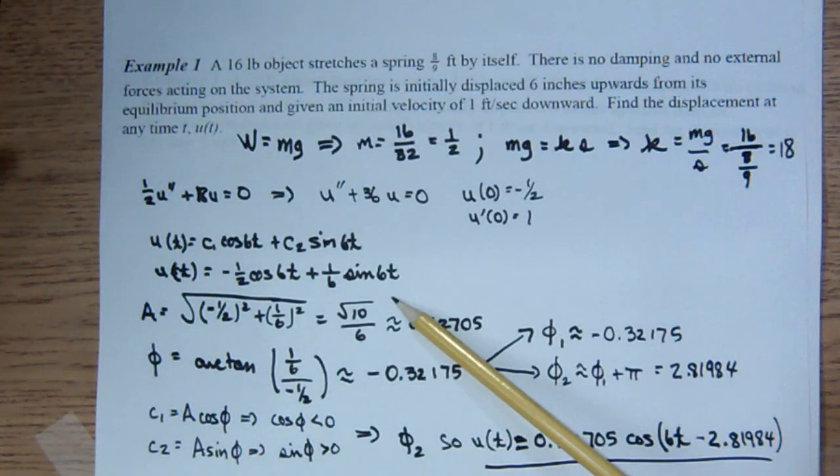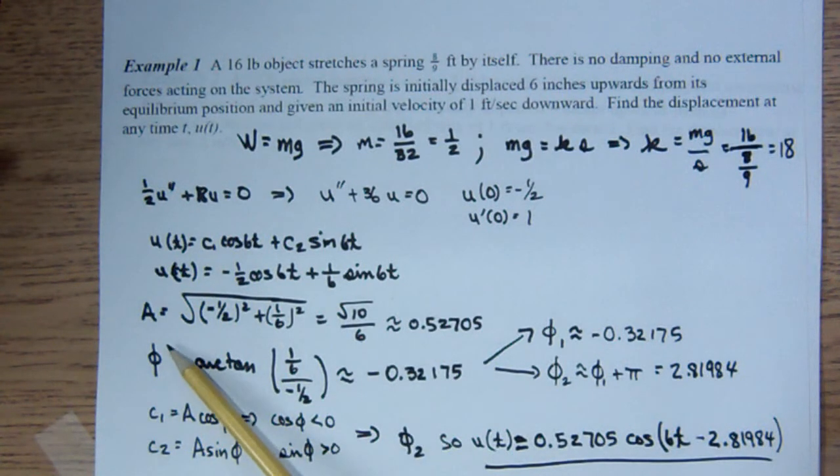Now I am going to, on this one, change this into the other form. So the amplitude is found by taking the two coefficients, squaring each of them, and taking the square root of the sum, that is root 10 over 6, and then we are going to be pretending to be engineers today, and so that is going to be that via a calculator approach. And then phi is going to be the arctangent of 1/6 divided by negative 1/2, which is approximately this number. Now it is important that students realize that there are two values that will have a negative tangent, in the 4th quadrant or in the 2nd quadrant, and you have to think about which one of these is the appropriate one